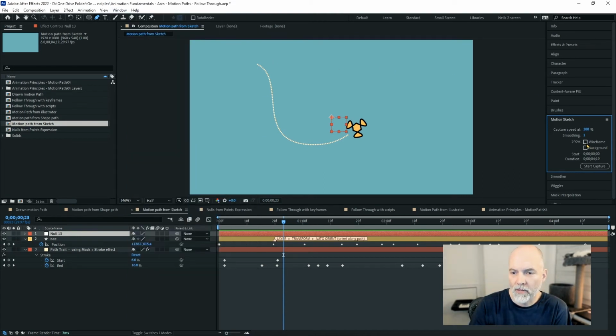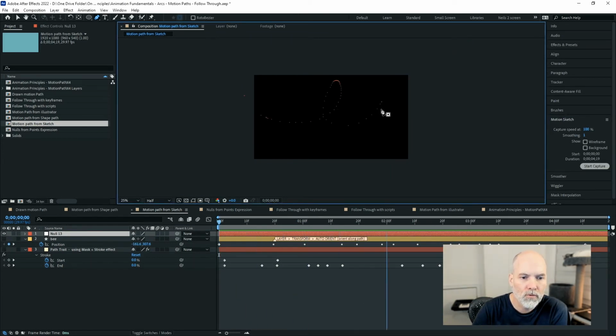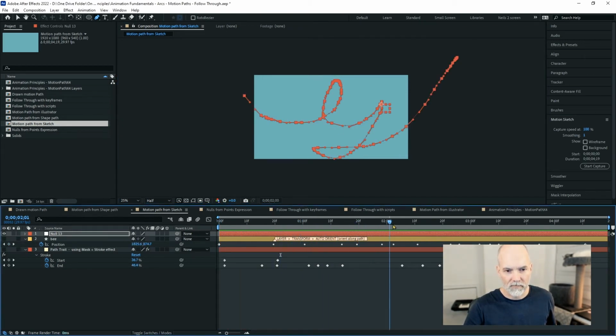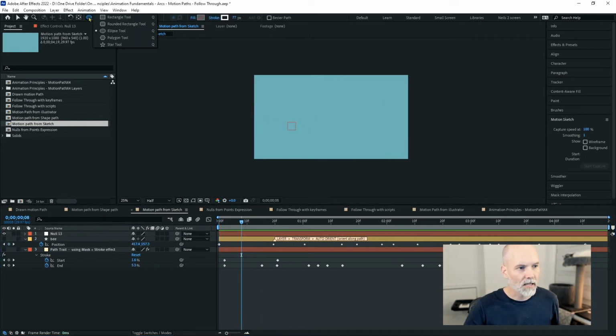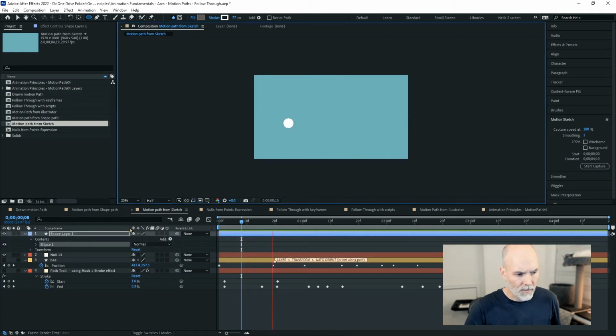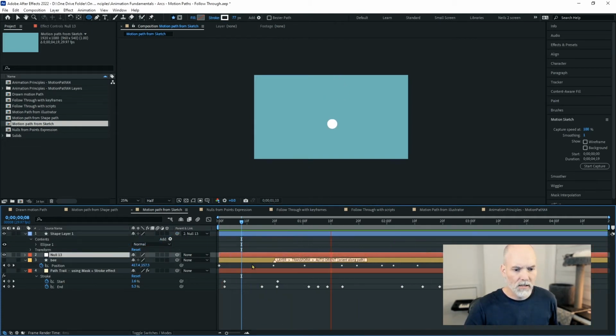And I don't care about the wireframe, but I'll start capture, and then let's just go woo, woo, woo. And you can see that your timeline goes, and now my null, which has nothing on it so far, is actually following that motion sketch. So if I wanted to create something, let's say it's going to be a ball, I'll just put a ball right on that thing, and I'll take that ball and parent it to my null, and look at that. Oh, now we have,